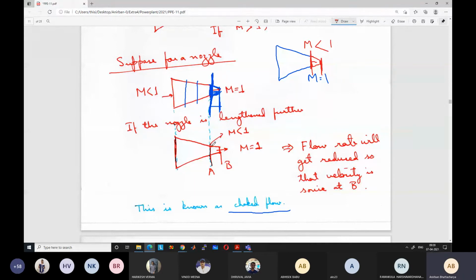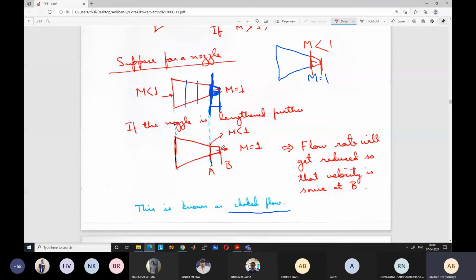Okay, and this is actually a nice way to calculate, say, mass flow rate. If you know the size of the area, and if you have a large pressure difference on both sides, you know that the flow has to occur at the throat section at sonic velocity. So you will be able to calculate based on the temperature what is the sonic velocity at that section. And if you know the area, you can calculate the mass flow rate very easily. So if you want to design a device which measures the mass flow rate, this is one way to do it. Because you know the area and the velocity, you can easily calculate the mass flow rate through a section.